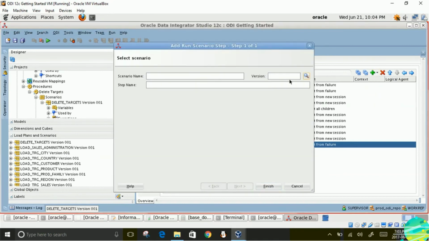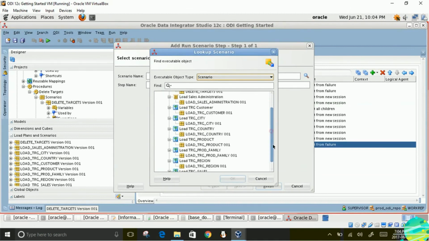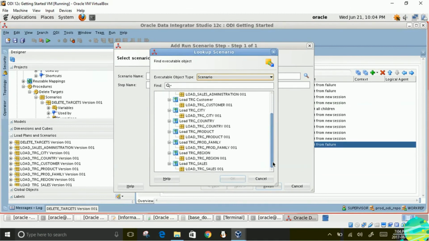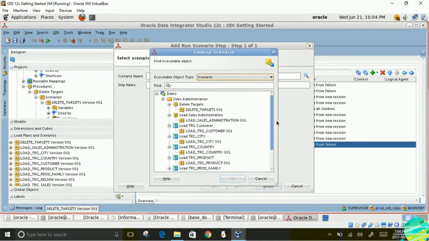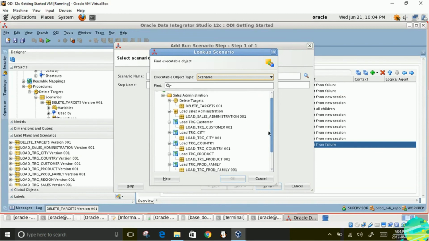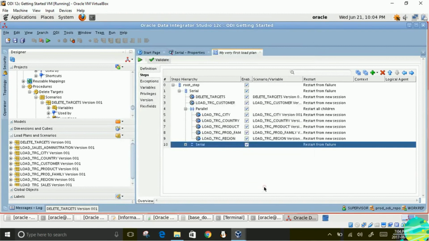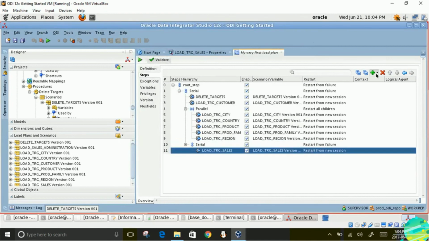Run scenario step, click here and then select the transaction table population. Load transaction cells, that's one scenario which populates the transactions.